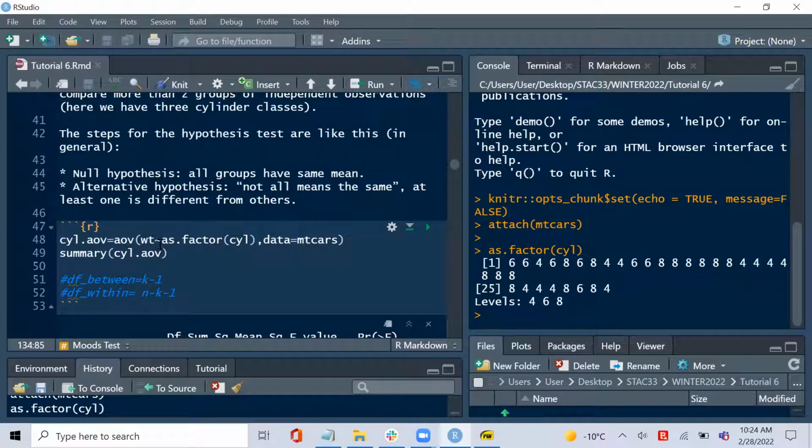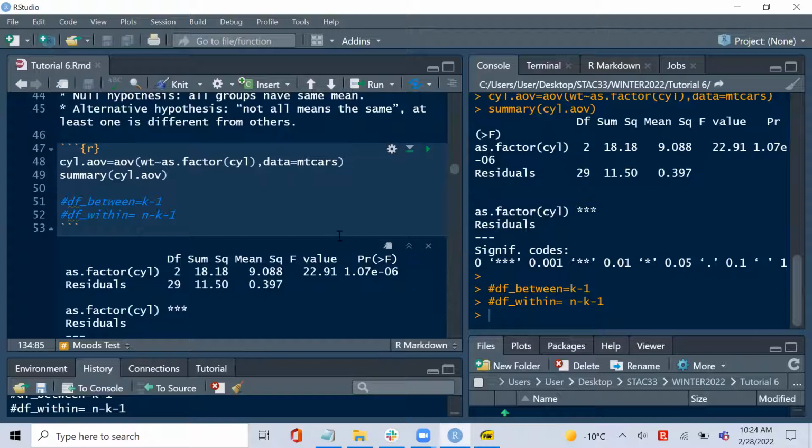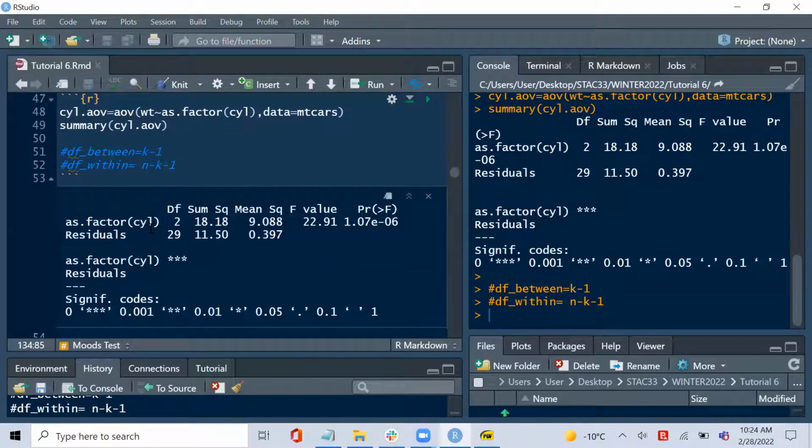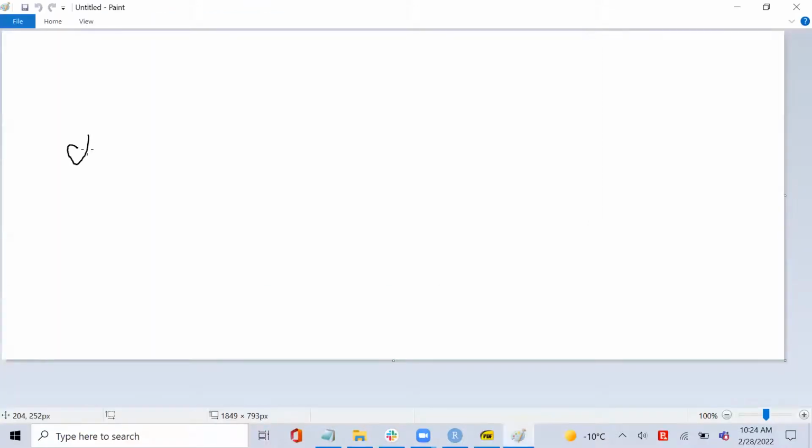That's why you can see it says weight as a function of the cylinder class here, right? And I'm going to do a summary of the thing. So you can see here that the degrees of freedom is actually given to us as a function. So the degrees of freedom is what? Degrees of freedom between, which is the effect, is actually equal to k minus 1, where k is the number of groups,